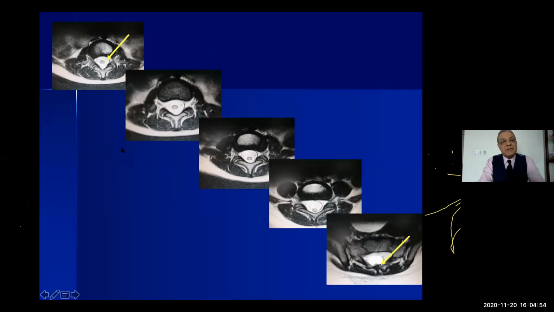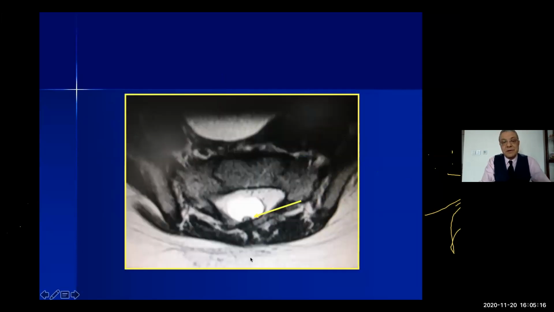And when we look at this cross section at the lower lumbar area, from the cranial to the caudal direction, we can appreciate that the cord itself started to migrate or move step by step posteriorly. It goes toward the dura. And when we look at the last slides here, which is the most caudal, you can appreciate that the cord is attached to the inner surface of the dura, or whatever was left from the dura, because this was repaired before. And this is a very important and crucial point,